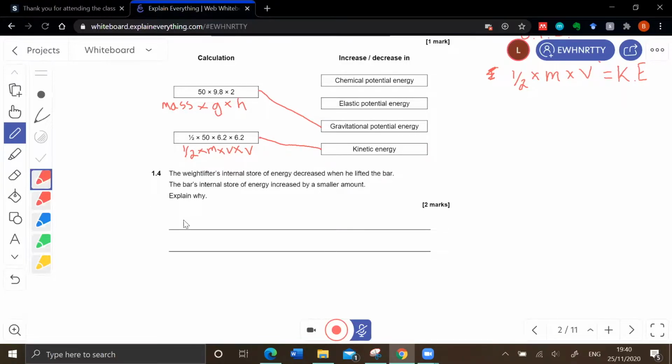Because we say the internal energy, it's sort of the chemical energy that the person's running on, like the fuel. So with efficiency, this is not obvious, what this is asking us. Let's think what it's asking us. So when energy is transferred from one store to another, from one form to another,